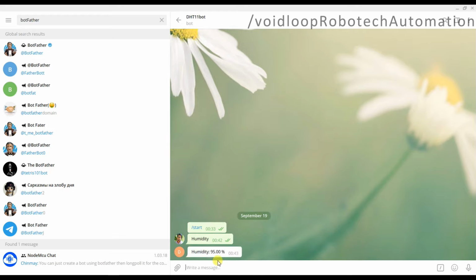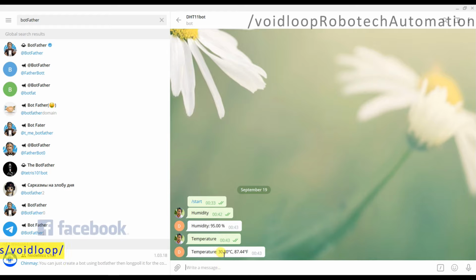Wow, you can see here it replied humidity 95%, and I will send temperature. Wow, the temperature is 30.8 degrees centigrade and in Fahrenheit it's 87.44 degrees Fahrenheit.